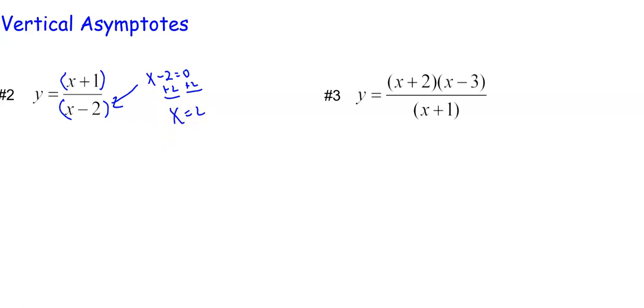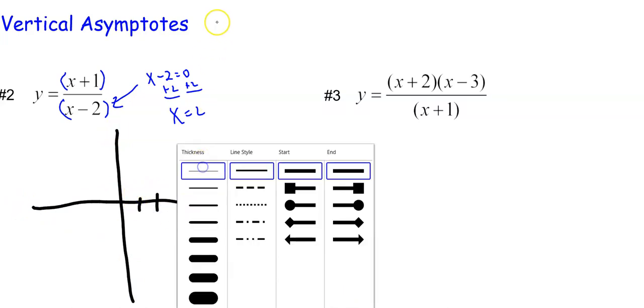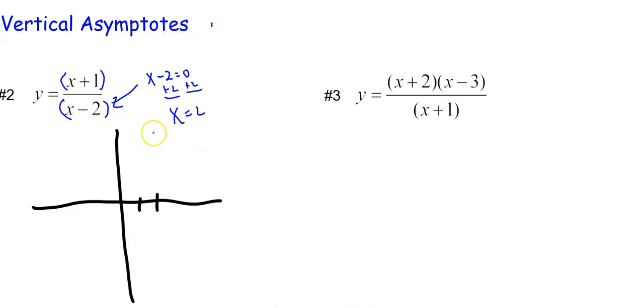So that is the equation of our vertical asymptote. So we'd start graphing this. The first thing we would do is graph the vertical asymptote. So x equals 2 is the equation of our vertical asymptote,